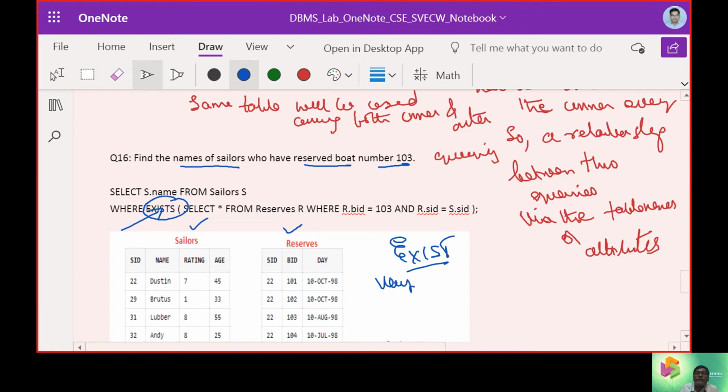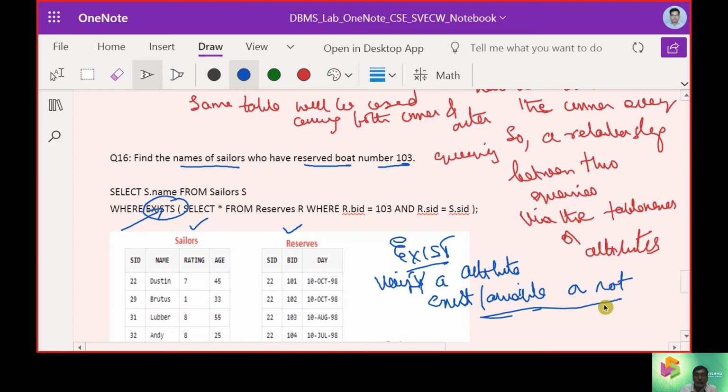So verify whether an attribute exists or is available or not. We need to verify it.